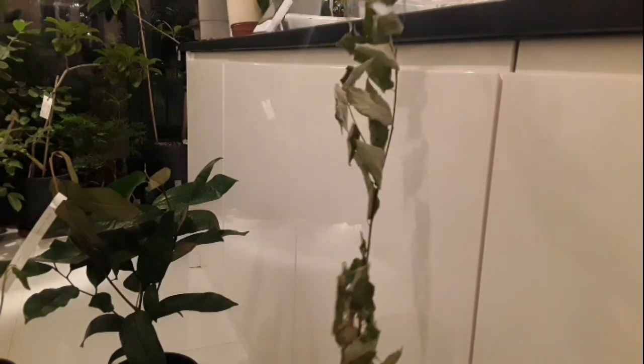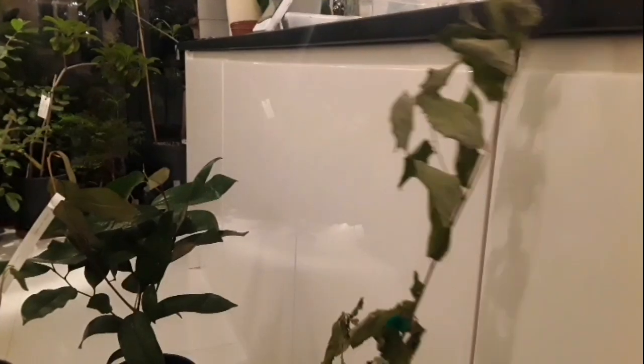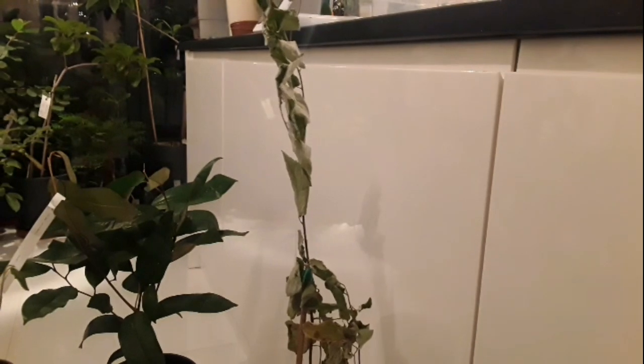This one unfortunately looks like absolute toast. This was my attempt to get a strawberry tree, a Muntingia calabura. They're very, very fussy, very finicky, like plenty of water. And unfortunately it's just completely dead. I'm afraid 3 weeks in customs is not the way to look after a very fussy tropical,